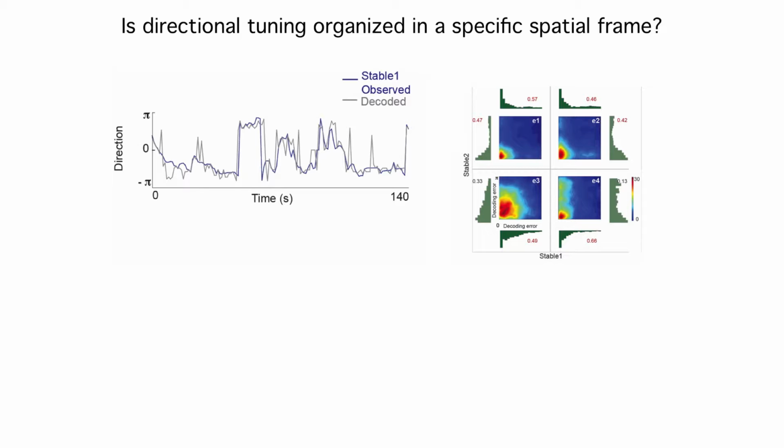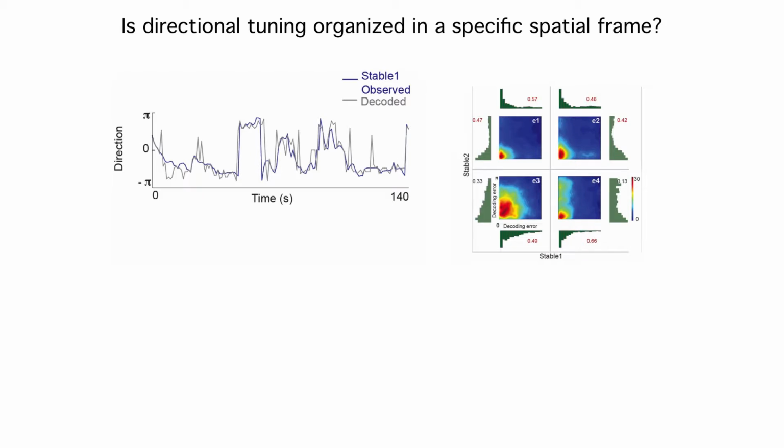So what we thought we would do is try the same sorts of decoding tricks that you heard from an earlier talk. And what's shown here is we can use a maximum likelihood decoding and try and predict which direction the animal's head is actually pointing in from an ensemble recording. And that certainly seems to work very well. What's shown here is the animal's actual head direction in blue as it fluctuates during the stationary session, and in gray, the decoded directions; they mostly track pretty reasonably. And what's shown here in the color plots is really just some, for example, ensembles.